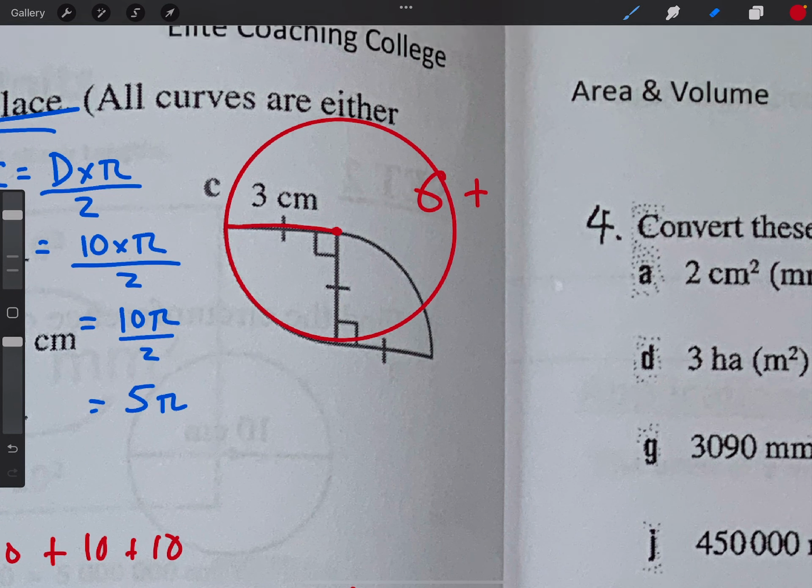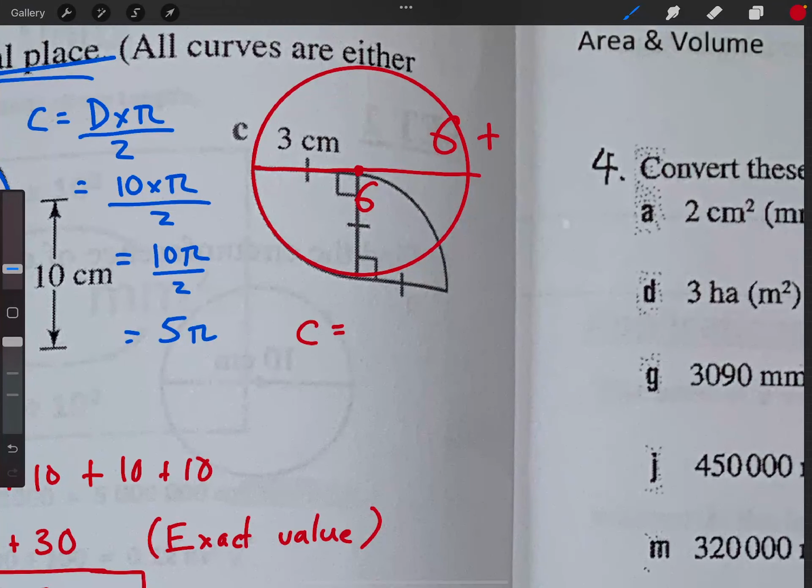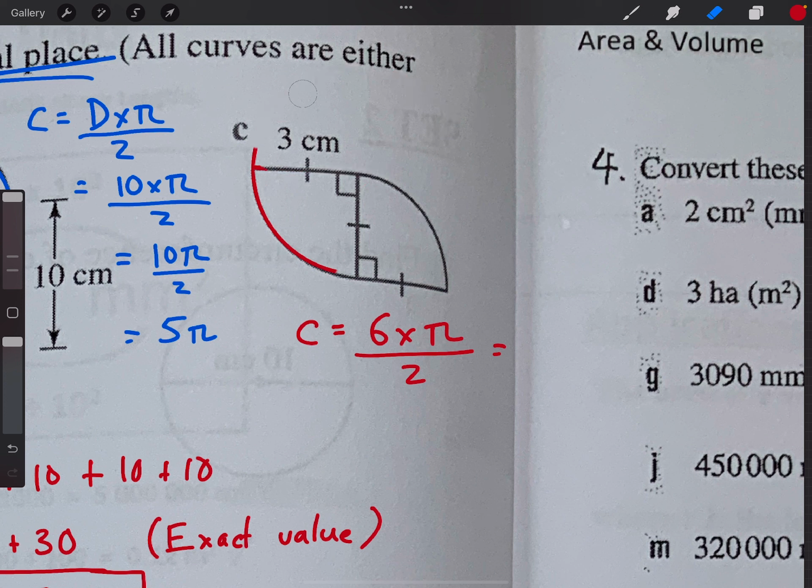Okay, and then you can see straight away that this is the radius. It goes from the circumference to the center, so that's 3, which means the diameter must be 6. So the circumference of this is going to be equal to 6 times pi divided by 2. And the reason we divide by 2 is because we're looking for the circumference of this